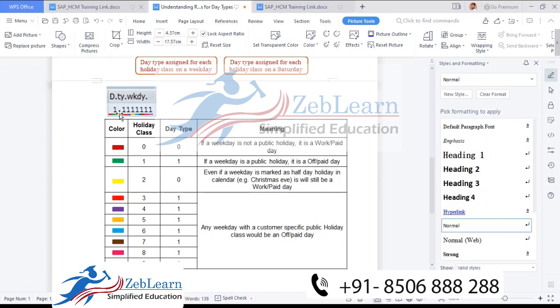Like a Saturday, or any day before a holiday, for example one day before Christmas, the company decides to give a half day holiday, but it will be work and paid for that purpose. Holiday classes 3 to 9 are customer specific, so they will be 1. They have considered holiday classes 3 to 9 as 1.